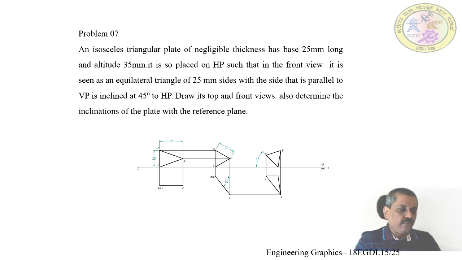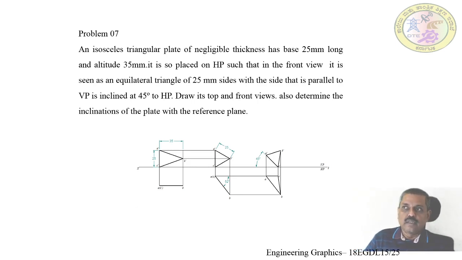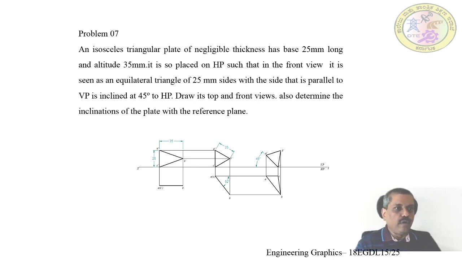What is the idea? It is given how to consider this, whether to construct the front view as a true shape or the top view as a true shape and draw the opposite view. So this is a very tricky situation. You must give attention to this. You see here, if you read the problem, what is changing? Isosceles triangle is becoming actually equilateral triangle. That means the surface is making inclination with VP.